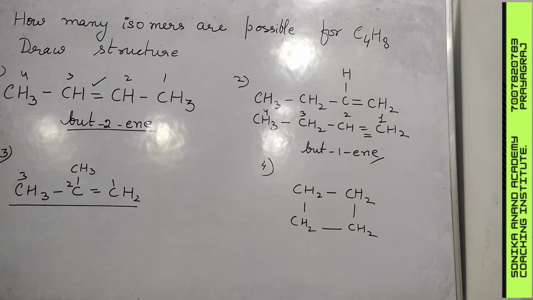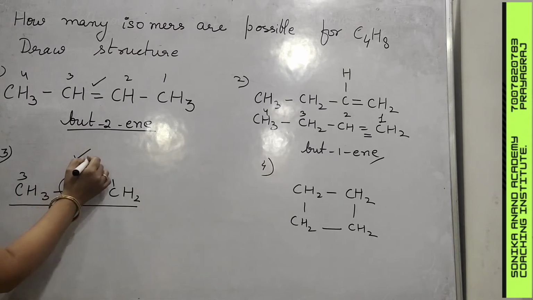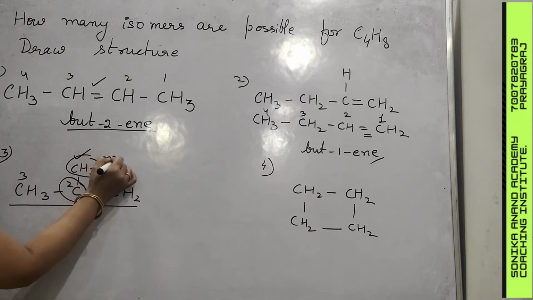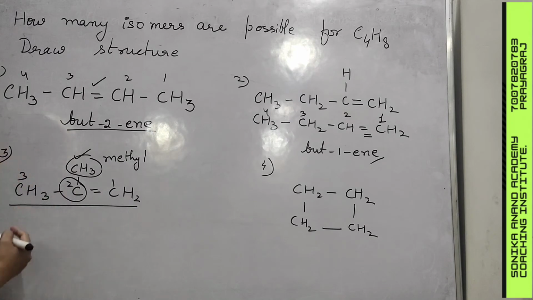at the second position, there is an attachment of the methyl group. Okay, at the second carbon atom, there is an attachment of the methyl group. CH3 is termed as the methyl group. Okay, so its IUPAC name becomes 2-methyl,